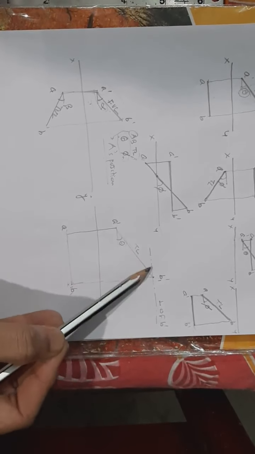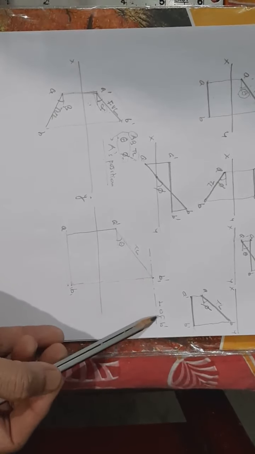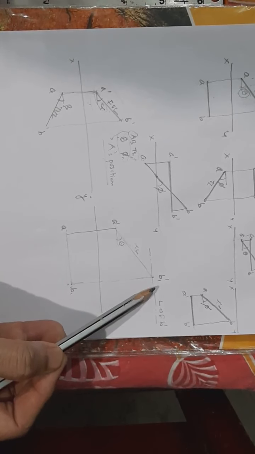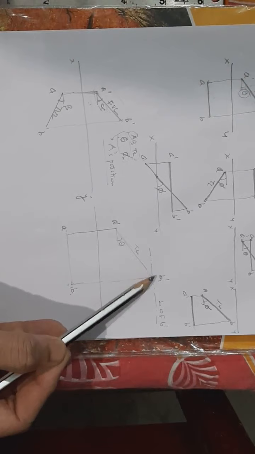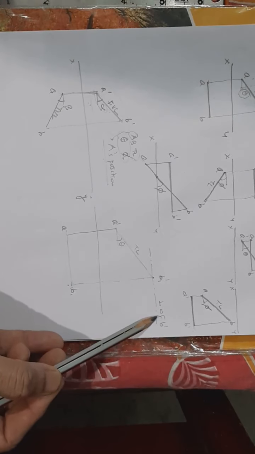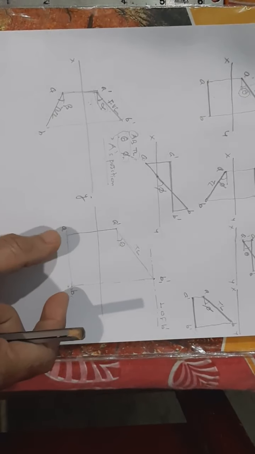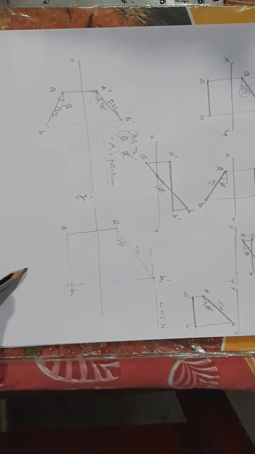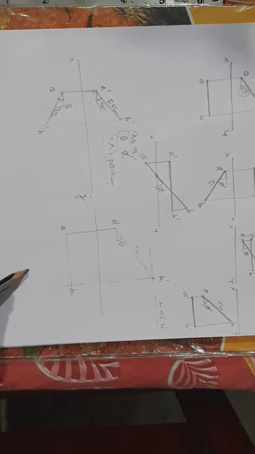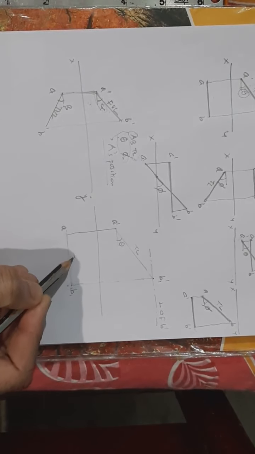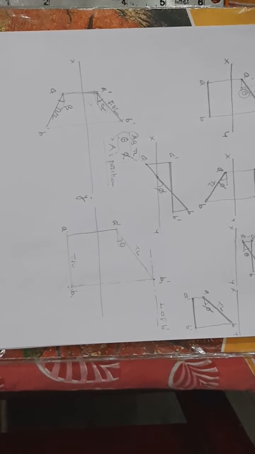And this important result we have also got, that is nothing but the locus of B dash. By this locus of B dash we understand that the line's front view of end B will always be lying on this, even if, presently the line is inclined to only HP and parallel to VP, we make this line inclined to VP also. Still the end B's front view will be lying on this locus line. That is the meaning of it.